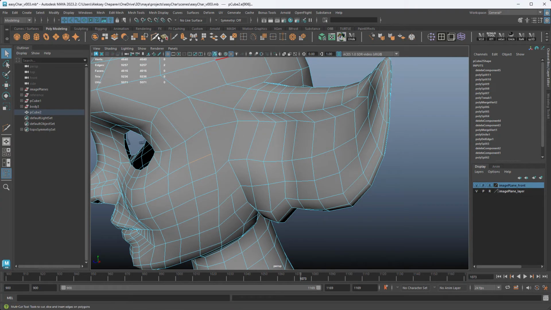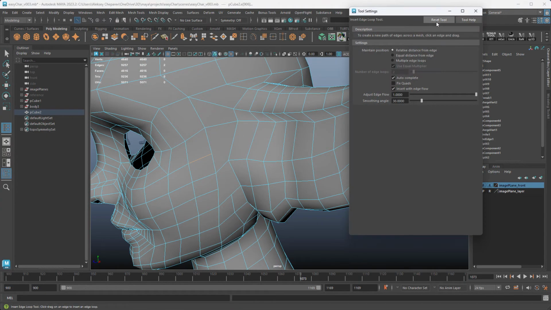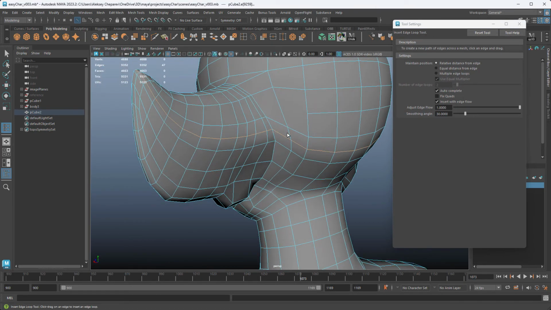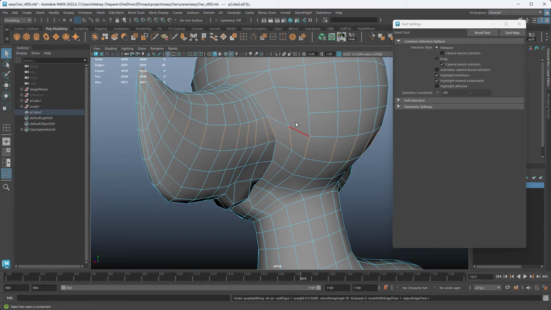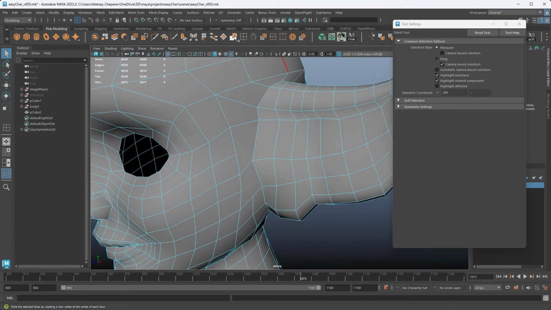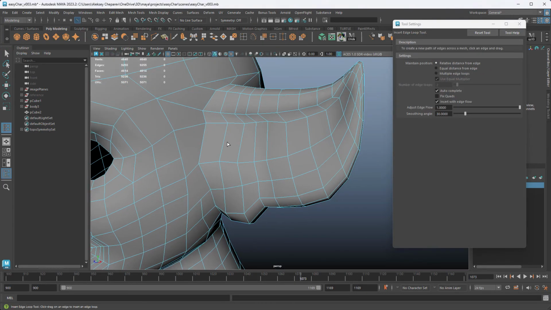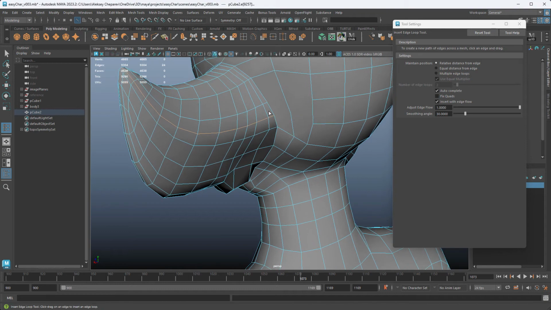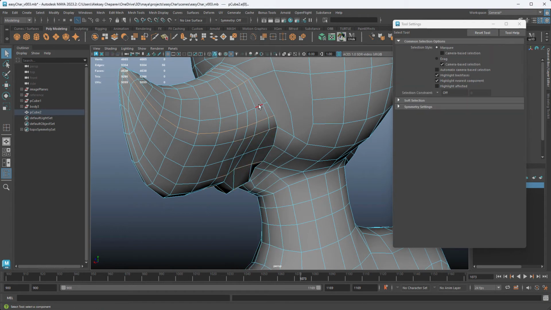So if I use the insert edge loop tool and click like this, you can see it's going to go through this way. So I don't want it to do that. So I'm going to get rid of these two edges, and I'm going to use the insert edge loop tool right here, like that. So I'm going to go over the ear and then end up over here.